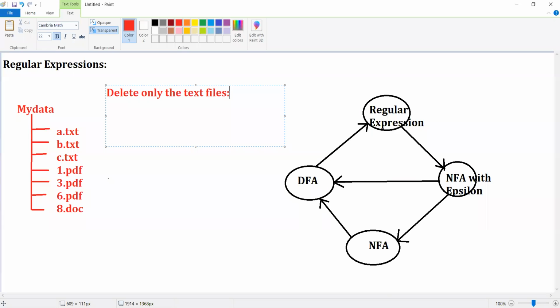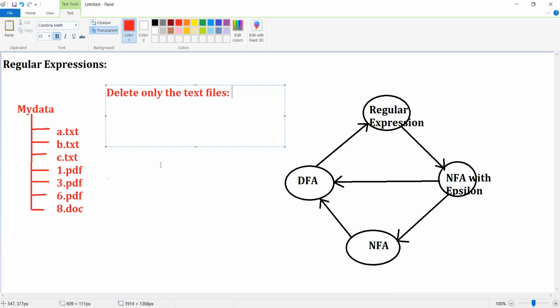Now, as it is a Windows kind of environment, what you can do is select one file at a time. So select a.txt, select b.txt, select c.txt, and then right click and delete, or shift delete. You can do it like that. Now the main problem with this approach is, for example, as we have only three text files available, you can directly select and remove.